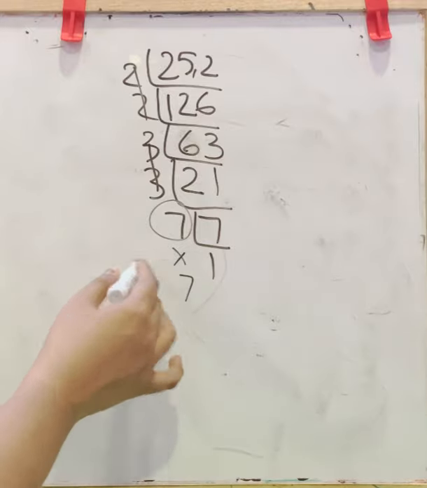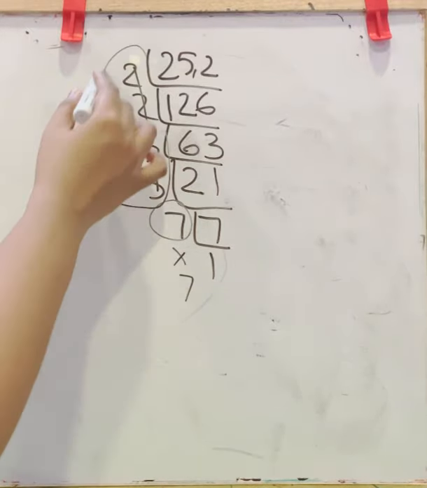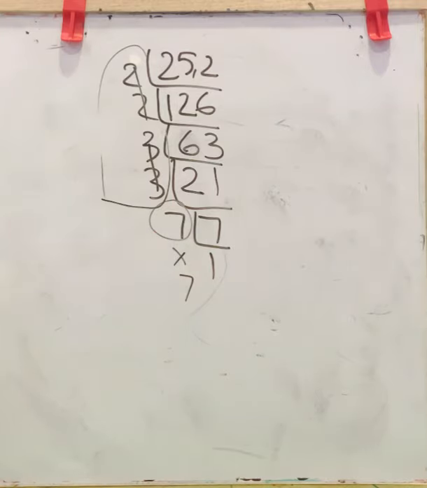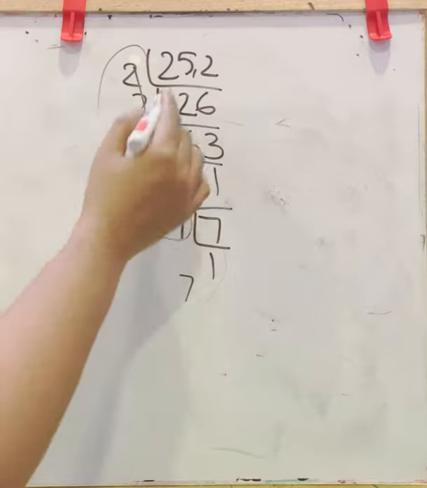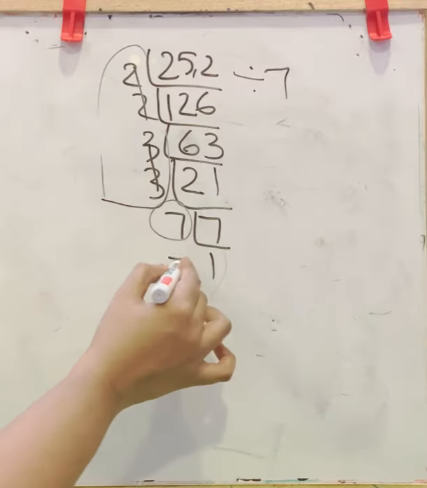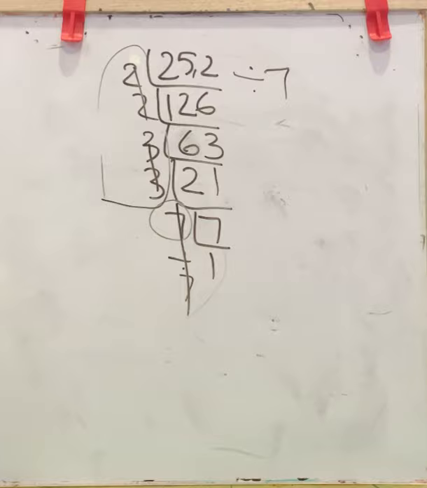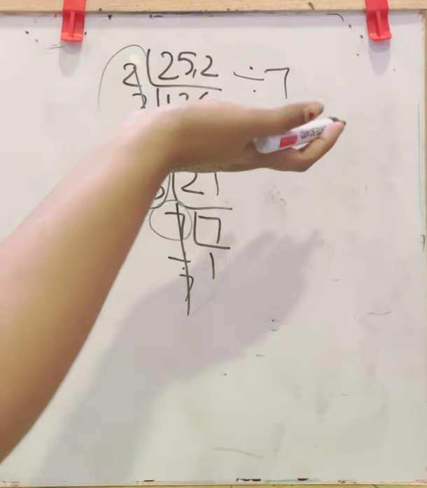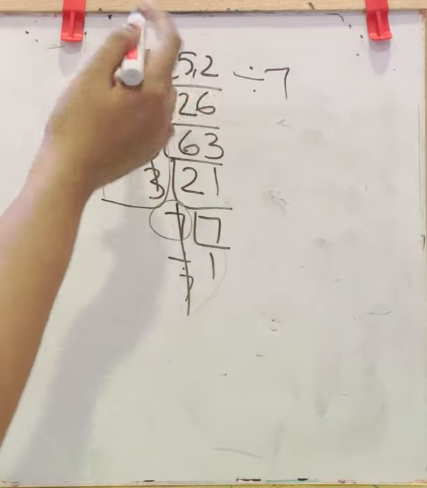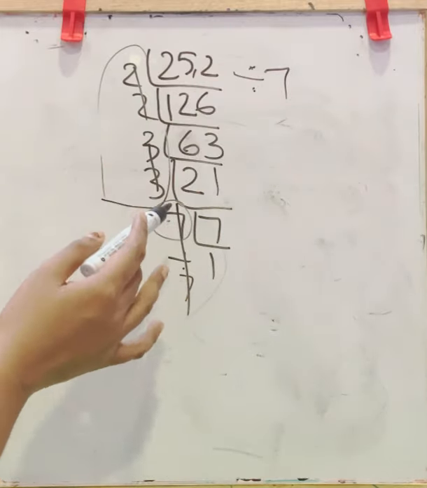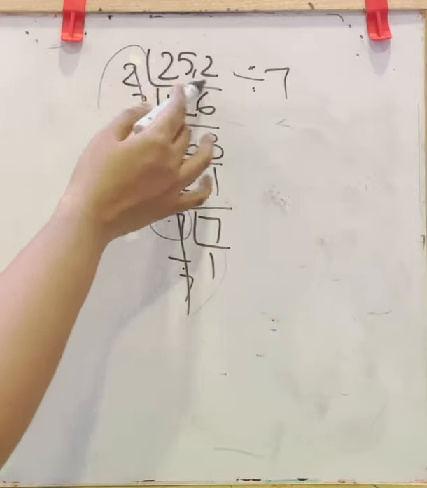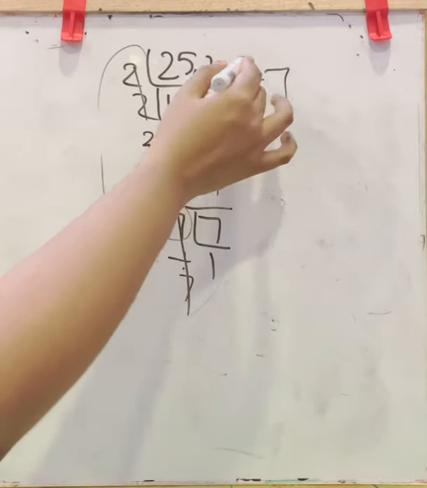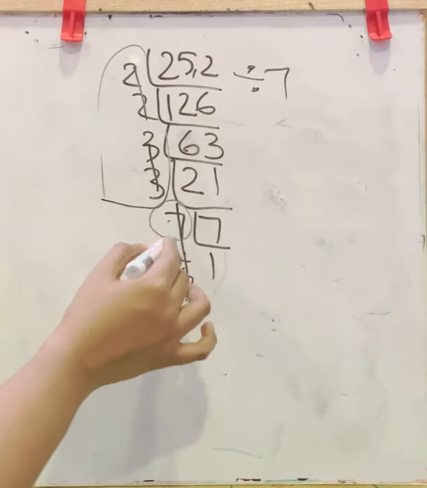Now we don't want to multiply. Which number should be divided from this? Because here we can cancel this 7 while dividing by 7. If you divide this number by 7, then the 7 will be cancelled. Before, we multiplied by 7, so the number became a bigger number with a perfect square. If you divide by the number which is missing a pair, then we will get a smaller number than this, which is a perfect square. So now we are going to do that. We are going to divide by that number which has no pair.